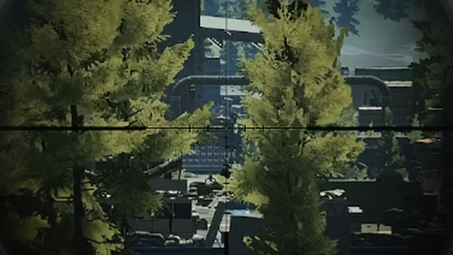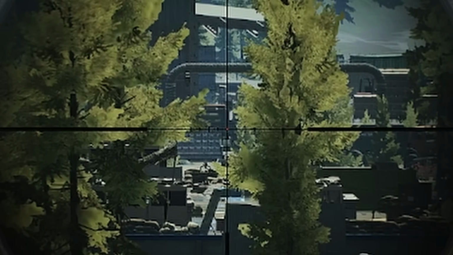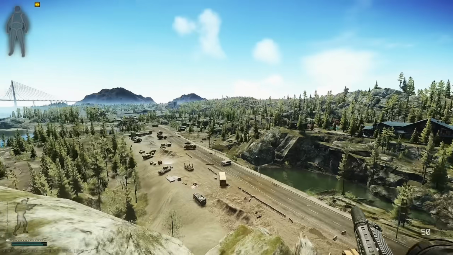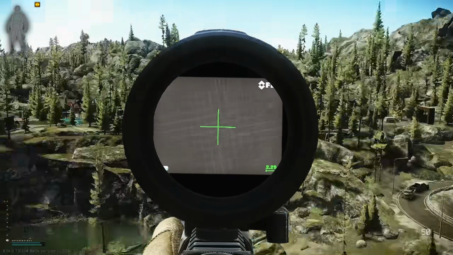Narrowly missed. We hit him again. And we hit him again and he's run off. Reload our weapon again. And then periodically you want to be having a look around to make sure no one